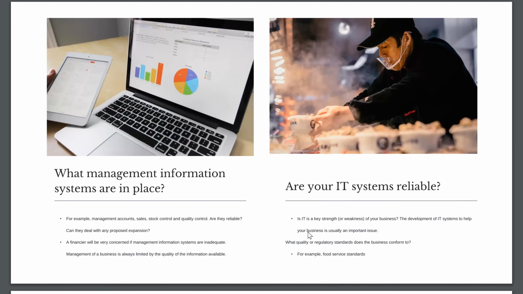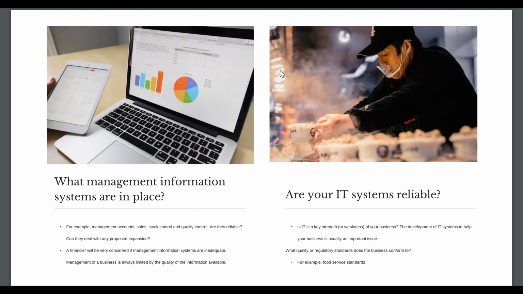And then what management information systems are in place? This is really just like, make sure you're using technology that, as more technology comes out, can be built upon, it's easy to transition. Make sure you have a reliable laptop, so your system wouldn't crash and you'd lose everything. Make sure it can grow.